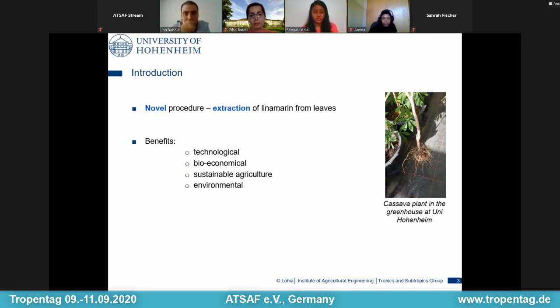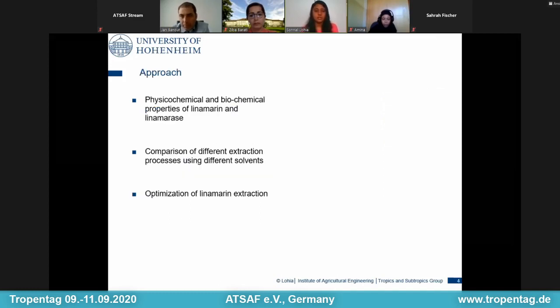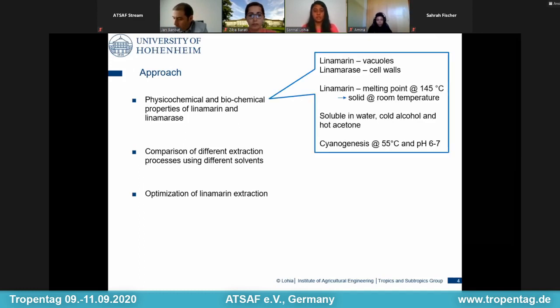Therefore, the aim of this research was to develop a simple, inexpensive, and less time-consuming extraction method for the extraction of linamarin from cassava leaves. This research was carried out in 3 different steps. The first step was a study of physicochemical and biochemical properties of linamarin and linamarase, which showed us that linamarin was present in the vacuoles of the plant cell, whereas linamarase was present in the cell walls of the